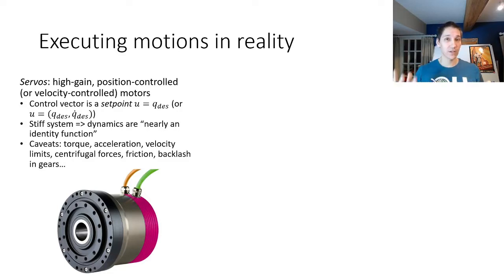There are lots of caveats to that, though. If there's, for example, limited torque, you can't instantaneously change direction. You'll have limited acceleration and velocity limits. There are also centrifugal forces and friction and so on that may cause you to not necessarily drive your robot exactly to the position where you want it to go. But if you have a high-performance servo, you'll basically be able to tell your robot exactly where to go and